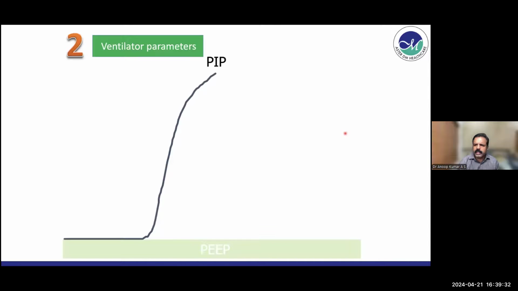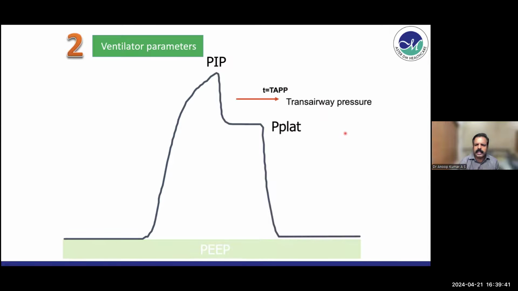Now coming to the ventilatory parameters, especially the graph, which we have discussed before, you will be having a PEEP. Then above the PEEP, there is a peak inspiratory pressure. Then there is a plateau pressure. The plateau pressure corresponds to the alveolar pressure. And the difference between peak inspiratory and plateau pressure, we call it the trans airway pressure. And the difference between plateau and PEEP, we call it the driving pressure. And nowadays, we are more worried about driving pressure, especially when ventilating ARDS patients,